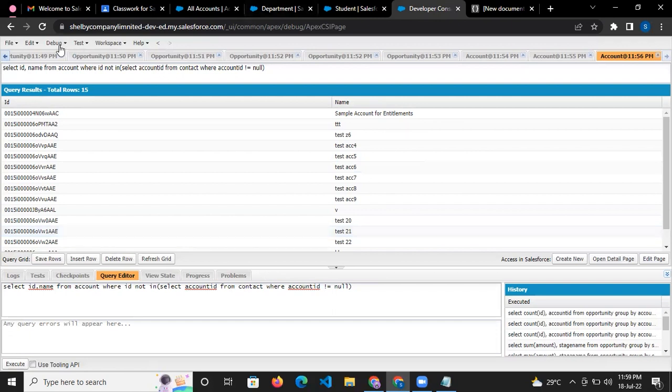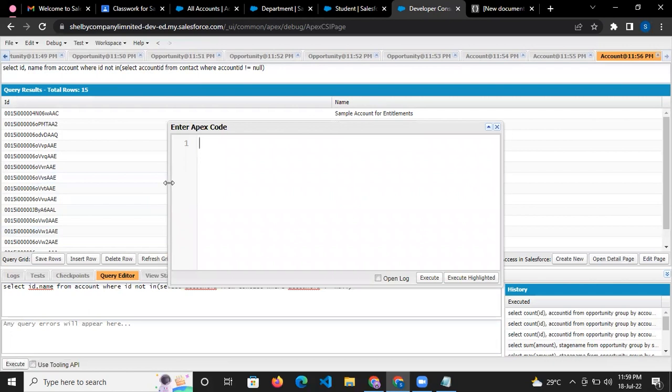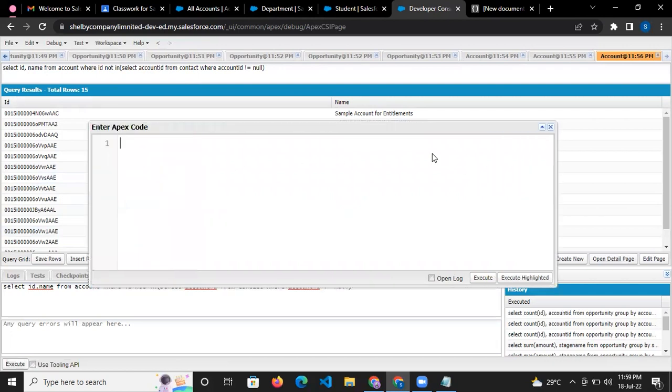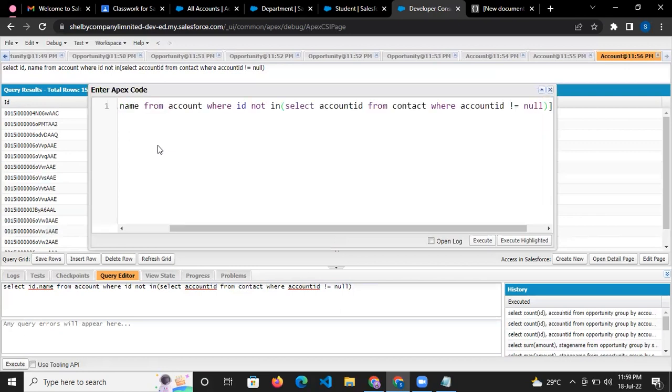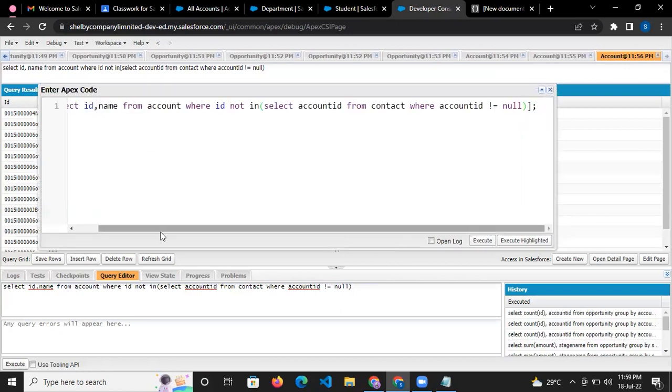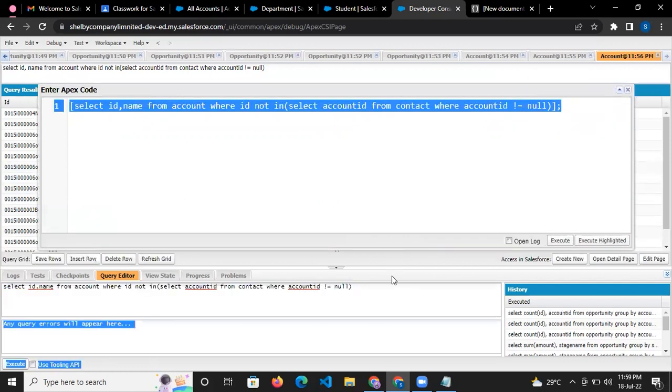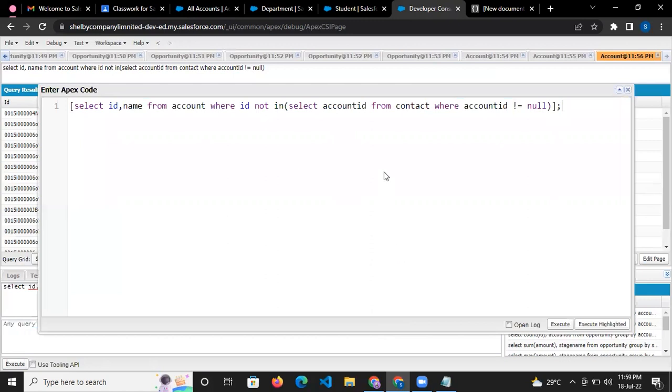Okay, next thing that we are going to discuss, that is Apex class. But before that, whenever you are writing any SOQL query, the SOQL query return type, like this is the one you are returning. Whenever you are writing it inside of the console, like here I am writing it in the anonymous window, it will return you a list of object. Which object? From which object you are querying? Simple. Like if you do this, from which object you are querying? From the account object. So it will return you a list of